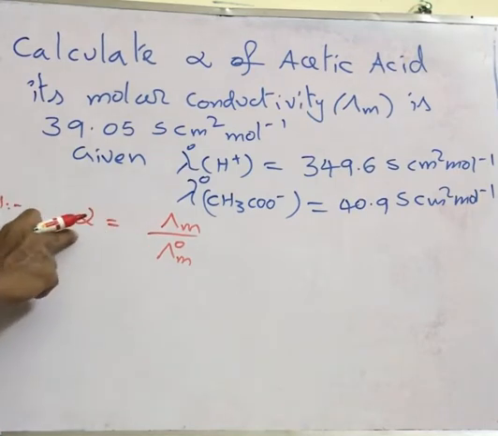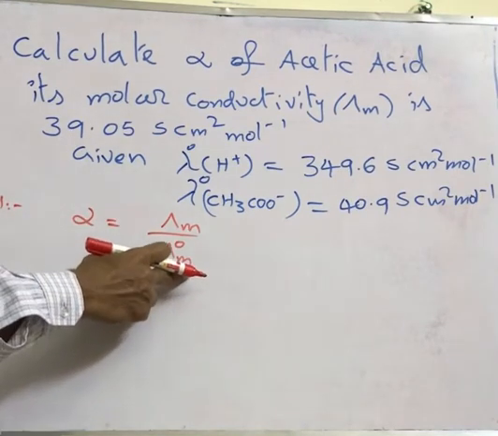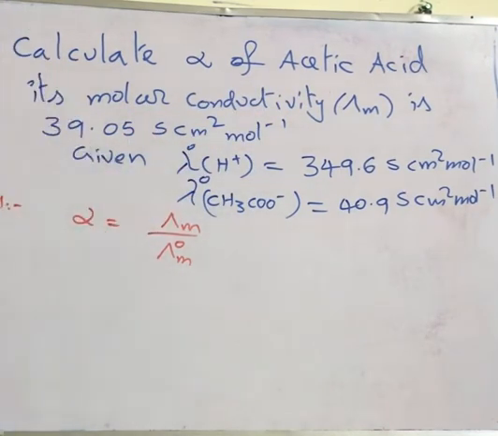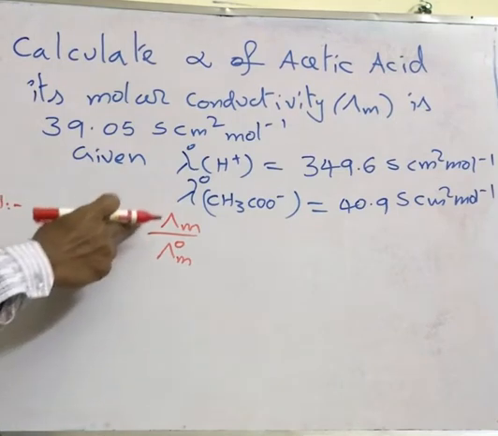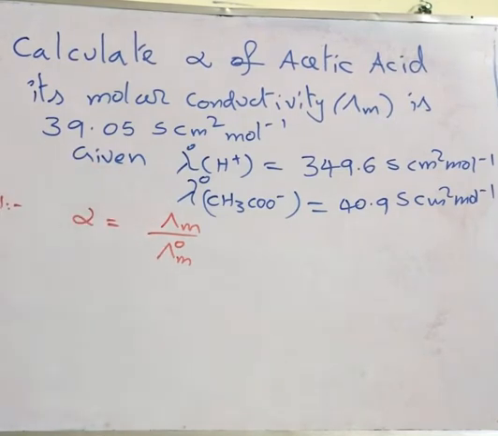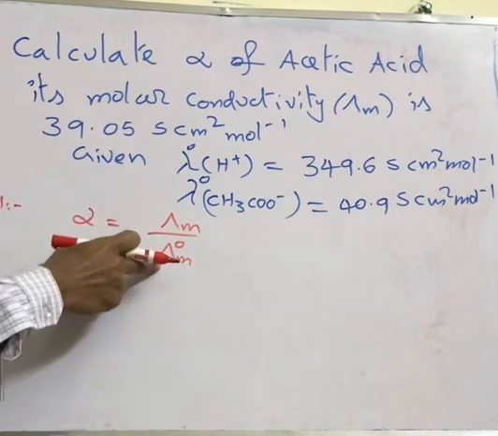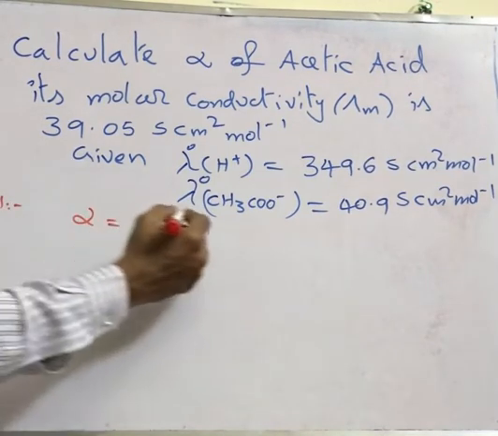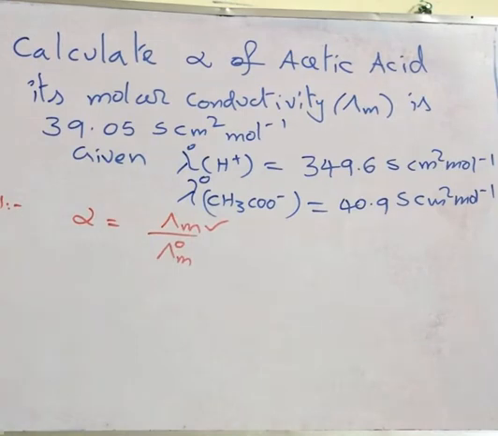Then I will get the degree of dissociation, because it will be 100% at infinite dilution, and within that, at this concentration, what is the molar conductivity. So this is an indirect and better way of calculating alpha. Where you have lambda m and lambda m O, if you know both values, you can get alpha. Here lambda m, the molar conductivity, was given. Now you need to get lambda m0. For this, you can use Kohlrausch's law of independent migration of ions.